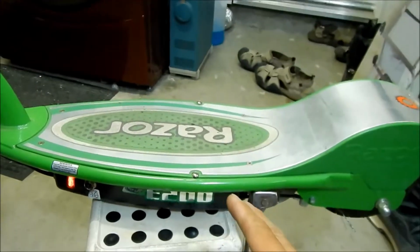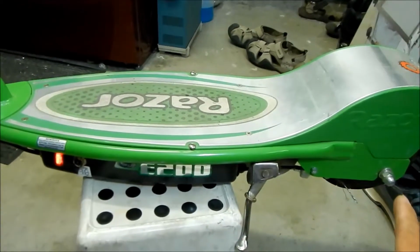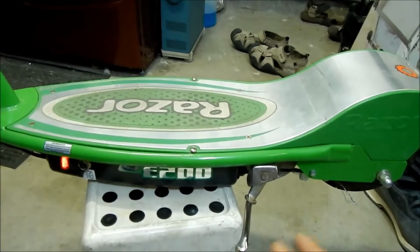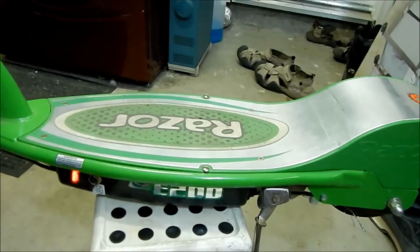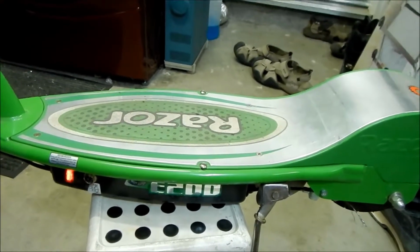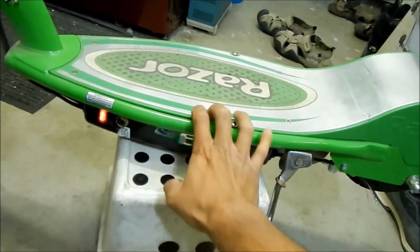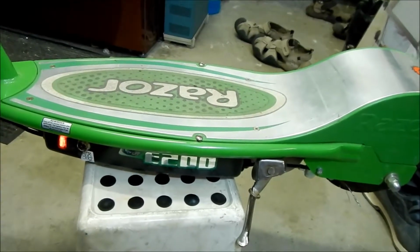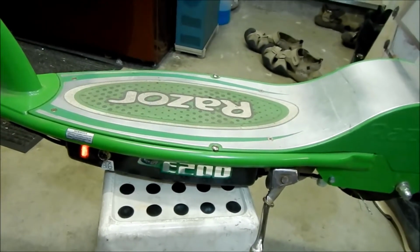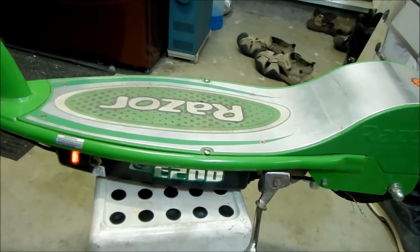I overcharged it, and so my suggestion is don't leave it plugged in all the time. That charger doesn't turn off when it's supposed to. It could start a fire or something, you know. If it got real hot like that, I could feel the deck expanding and stuff. I was like, oh man, those batteries are toast, man. I had this happen on a Toyota Prius,